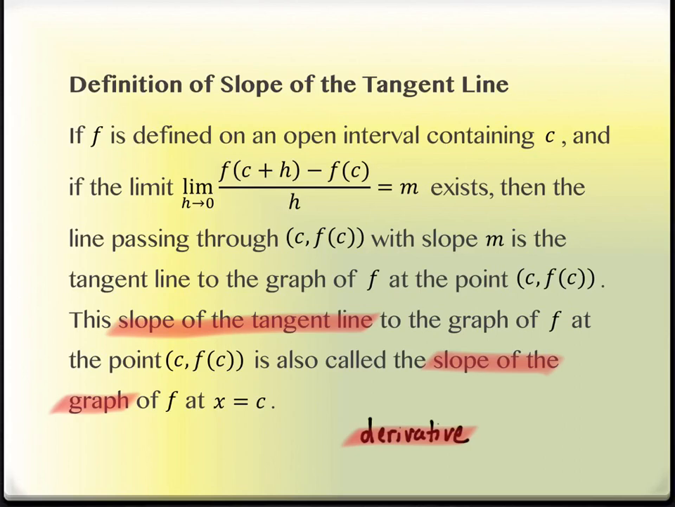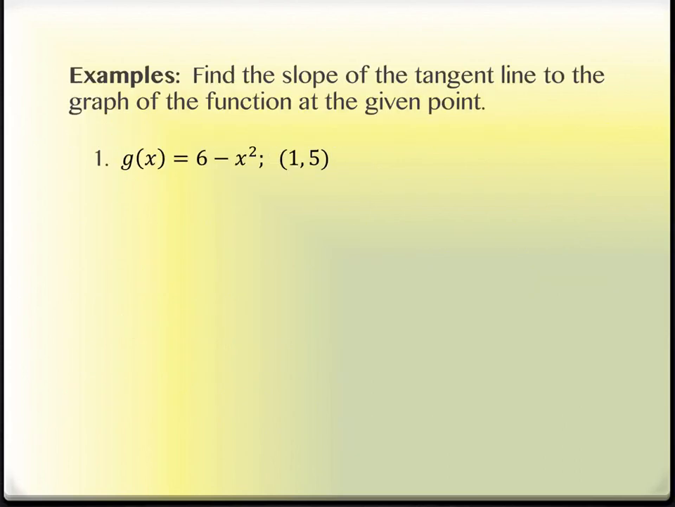So we're going to spend a little bit of time working with this limit definition of derivative. All right, so the first example is that we're going to find the slope of the tangent line to the graph of the function at the given point. So they give us the point (1, 5). Okay? So when we're taking a look at doing this, we've got the limit as h goes to 0 of,